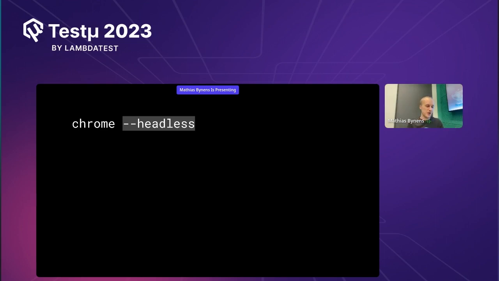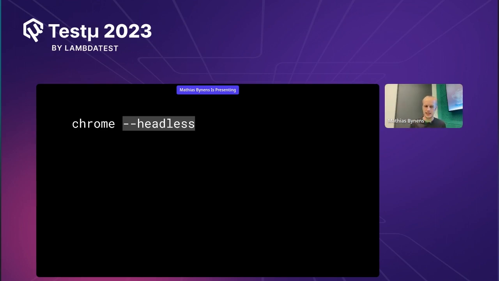And headless mode is actually nothing new. It's been available since Chrome 59, which was released in 2017 already. And it's a really popular choice for browser automation through projects like Puppeteer or Chrome driver. But guess what? There are some challenges with Chrome headless, and it's surprisingly easy for testers and developers to run into them. So for example, imagine you're testing an internal web page that depends on you having a certain Chrome